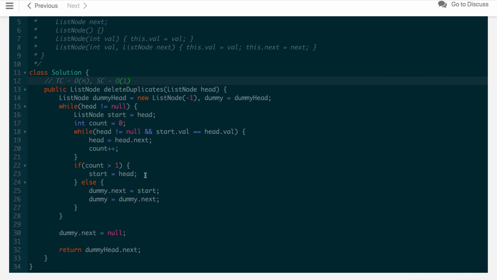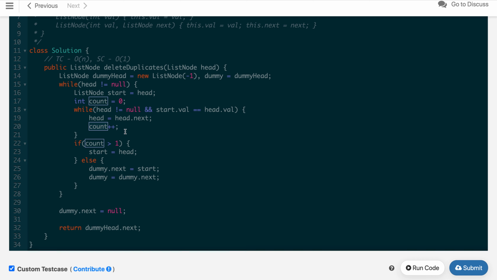And there is a further improvement we can do, like if you want to avoid the count variable itself, that we can do easily. We first compare whether head.next exists, and head.value is equal to head.next.value. In that case we will just shift by one. I am explaining how you can do it, so try it out yourself first.